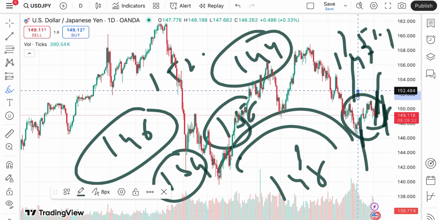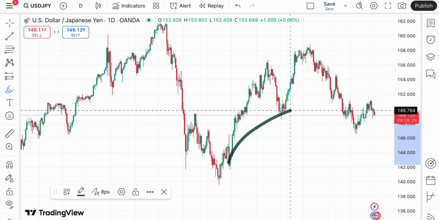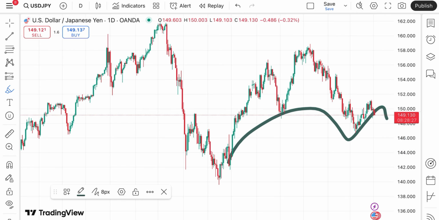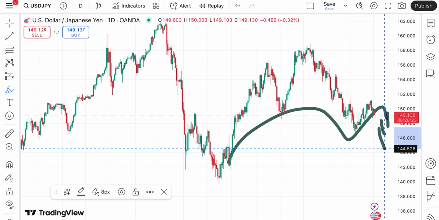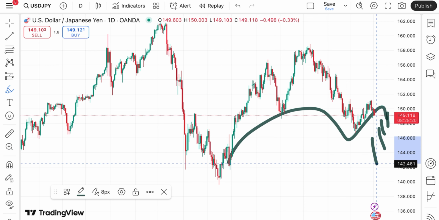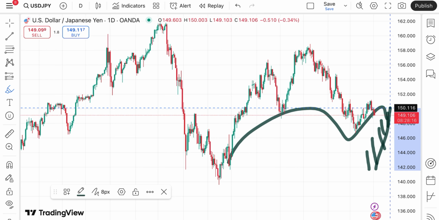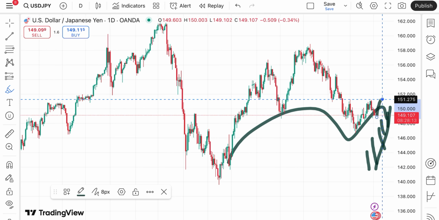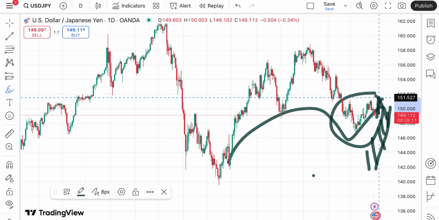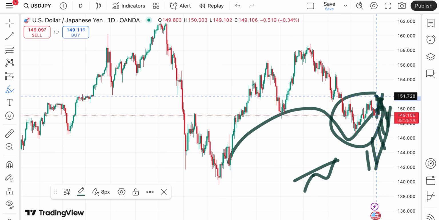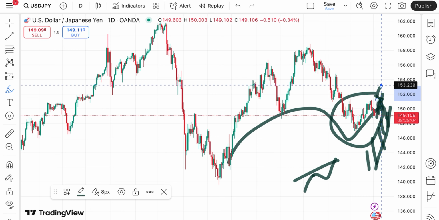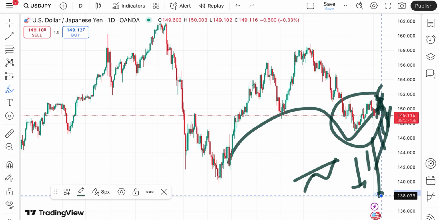So you have to understand there is a pattern forming which is showing a downtrend towards a level of 148, from there a level of 147 to a level of 146, and then a further fall towards a level of 144 to a level of 142, and then to a level of 141. But if it sustains, we can see a level of 150 to around 151, and then there will be a zone breakout because 151 is already tested. So we can see there will be a further rise towards 151 to a level of 153, and then a further upside. There is a high chance that we can see the price of USD JPY